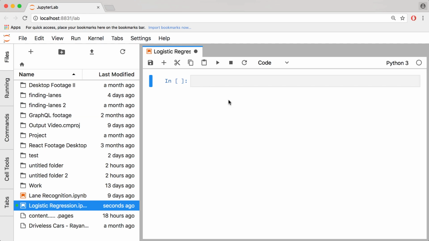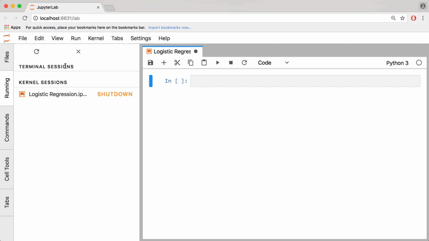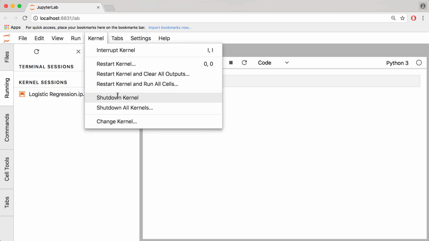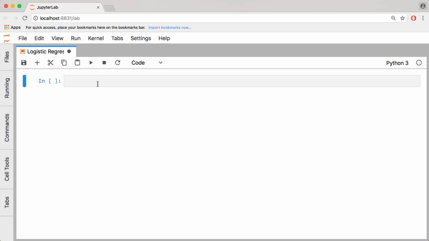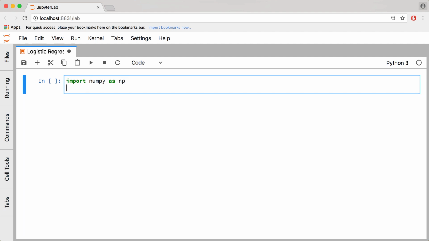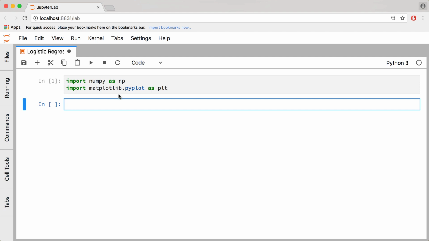And before we start, if at any point running the cells isn't working for you, make sure to shut down the current kernel session and then restart a new one. And back to our file, we'll minimize this and start off by first importing NumPy as the alias np, and we'll also import matplotlib.pyplot as plt. We'll run this cell, and this subpackage pyplot will contain many useful functions needed to plot our